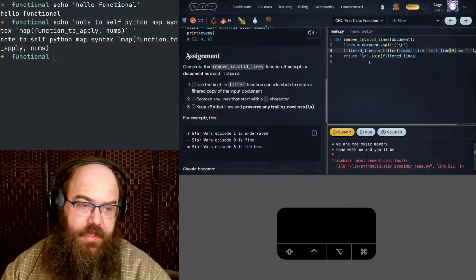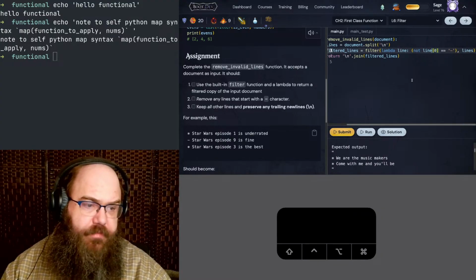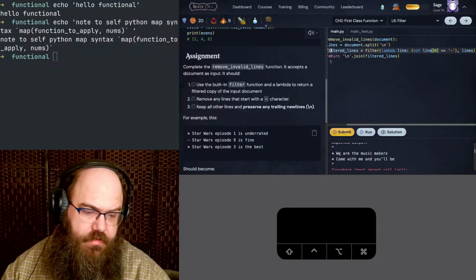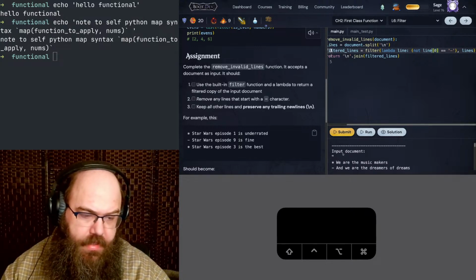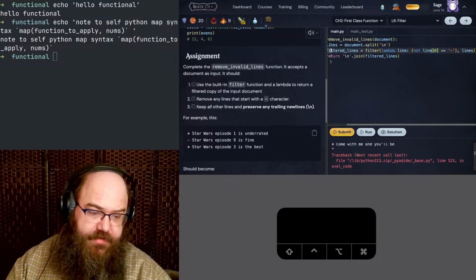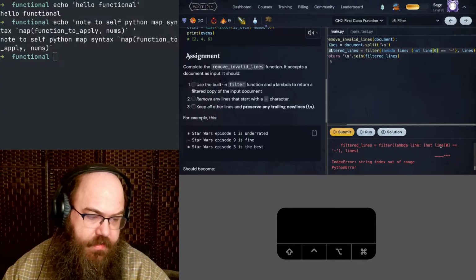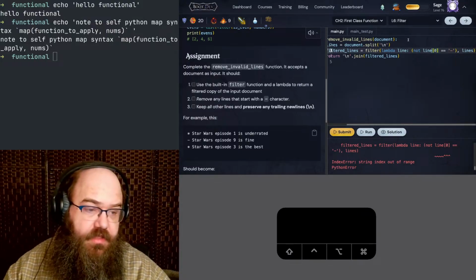So I might need to guard it with a... Because the problem is with that empty line, wait, what? Input documents. Anyway, I think it's a problem. I know it's a problem with an empty list because it's saying line 0, string index out of range. The only way that could happen is with an empty string. So